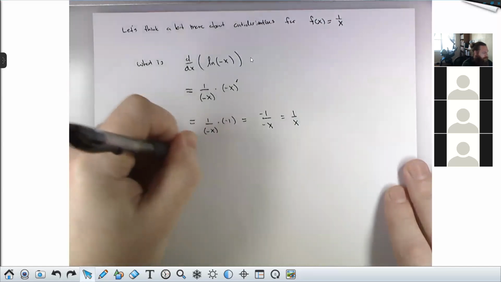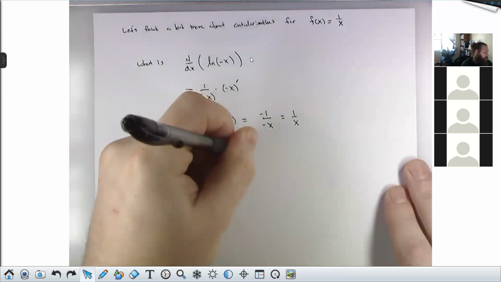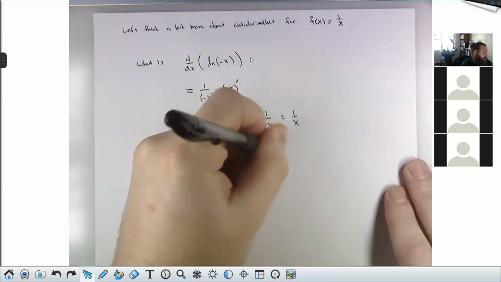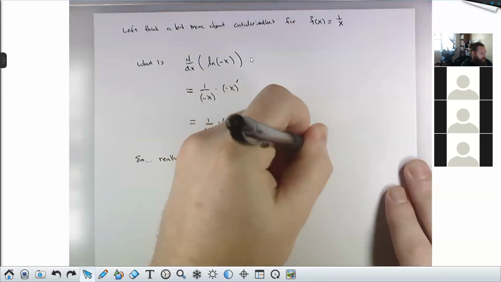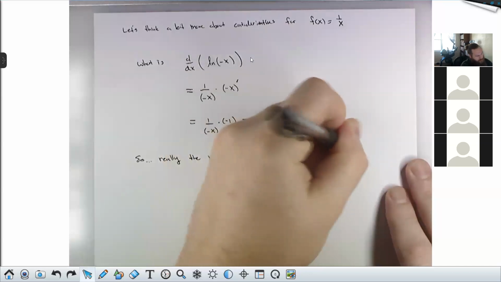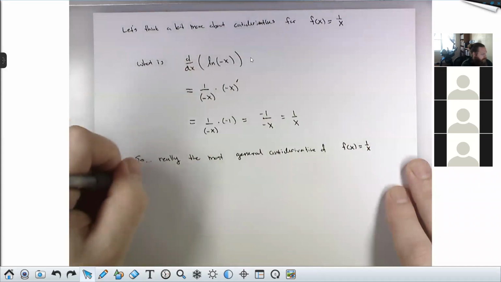So really, the most general antiderivative of f of x equals 1 over x is